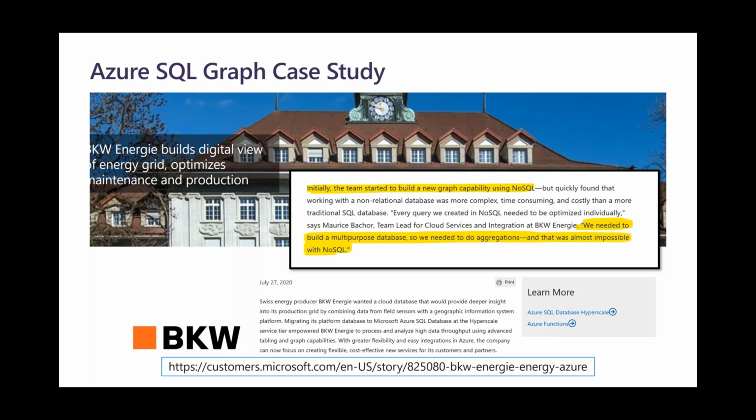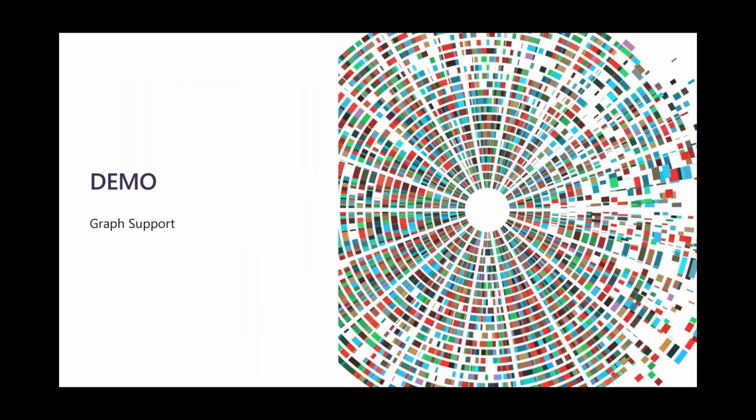As for the customer case study, in the interest of time I'm not going through it, but you can read through it. The customer, BKW, was happy using graph databases. They actually wanted to use a NoSQL database like Neo4j or a Gremlin database, for example, or Cosmos DB, and then some in the way of Azure SQL. Okay, with that, we're going to swing to a demo for graph. Let me pull up my demo environment first.